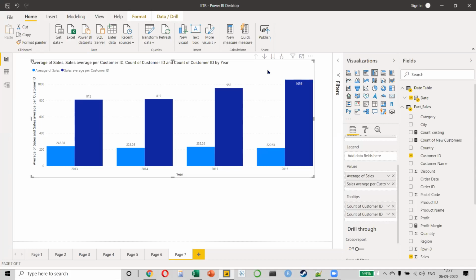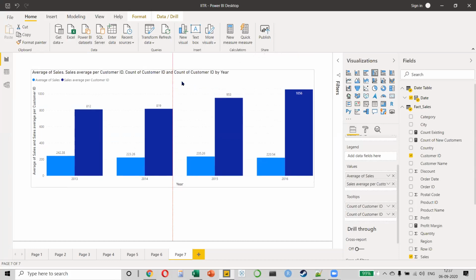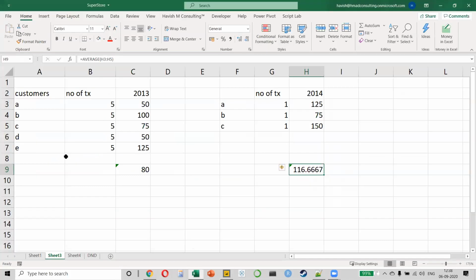Sir, no. Why is it not possible? Before answering that, sir, I had a question. Can you explain what this 223 is in the example you are showing right now? In the Excel, 222 and 223, the average of a customer. I'm just confirming, this blue one you are referring to, right? Yes, sir, light blue.